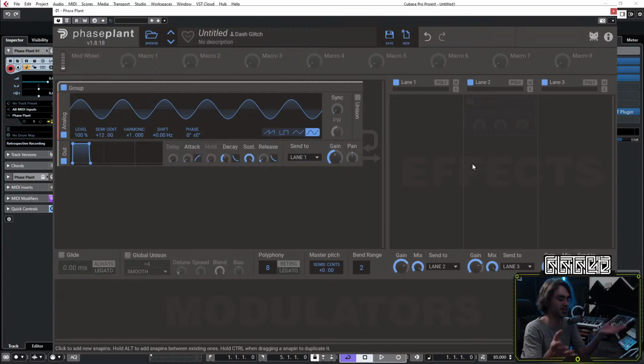For those who don't know what convolution is, the original concept of convolution was designed